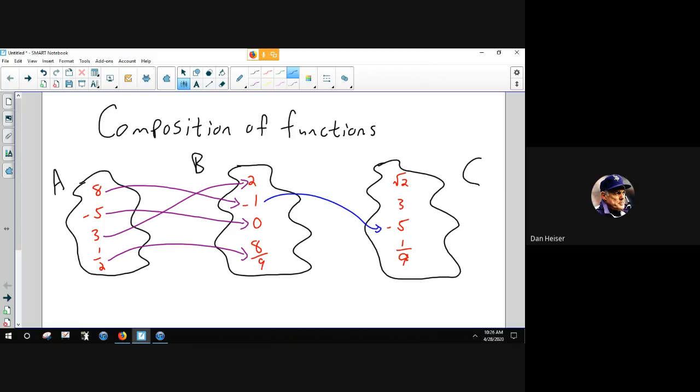We'll say -1 goes to -5, 2 goes to 1/9. Let's say 0 goes to square root of 2, and 8/9 goes to 3. So now we have what is called a composition. We took something from A, paired it with B, and then that value got paired with something in a new set C. So if you remember our notation for functions,